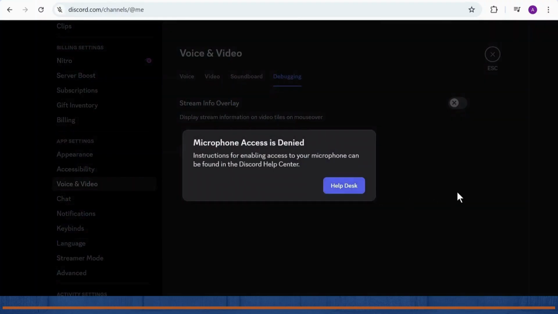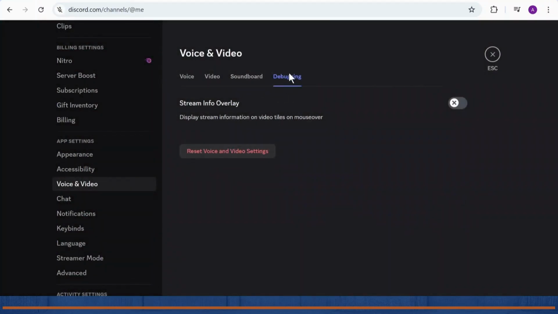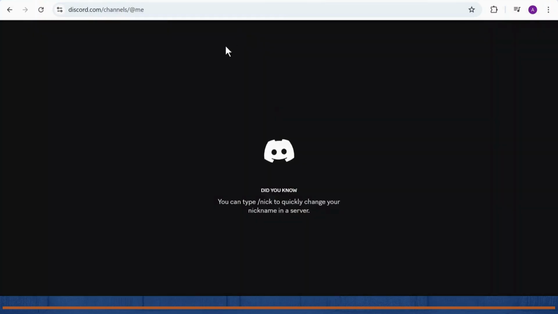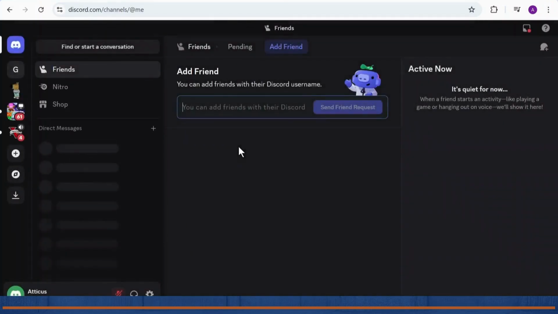If you don't find it, it's completely all right. You can head over to the debugging section right here, and there you will see reset voice and video settings. Tap on it and tap on OK. Then your Discord will restart or reload and your settings will have been